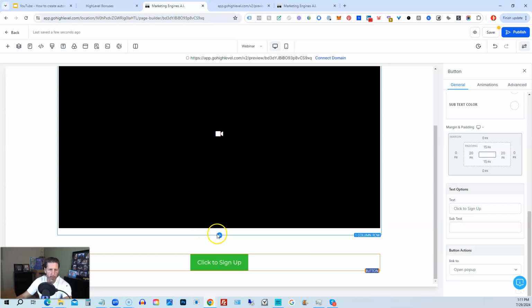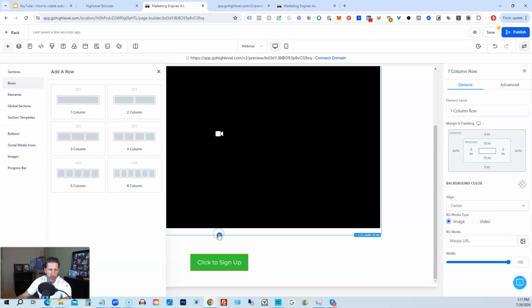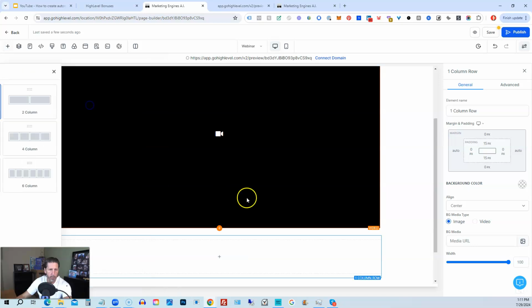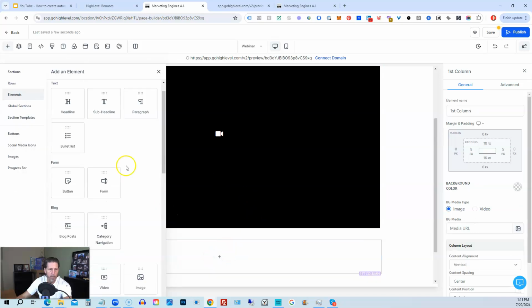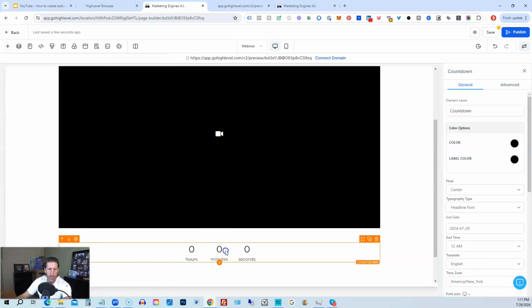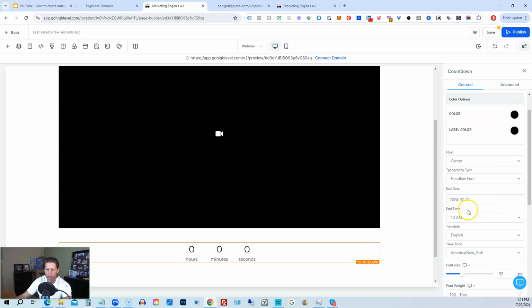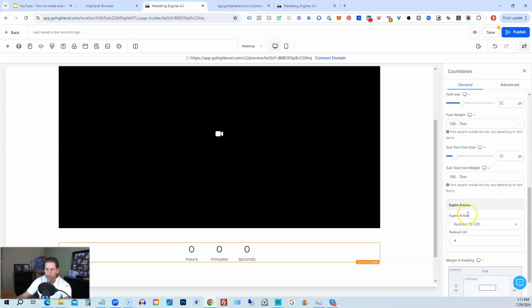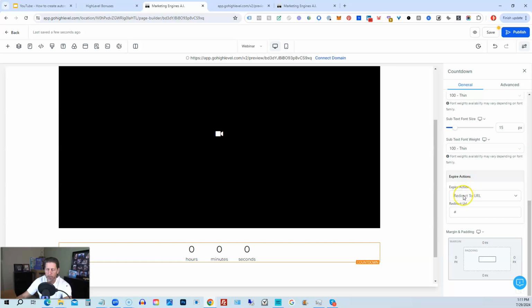So we can go back to the previous section, and we can add a one column row here, and then we can add an element and add our countdown timer. Then we can set our countdown timer for a specific date and time. And then what we can do is keep scrolling down, and in expire action, we can either redirect